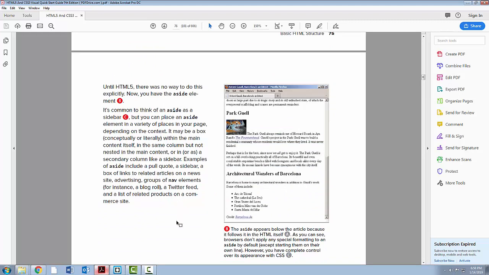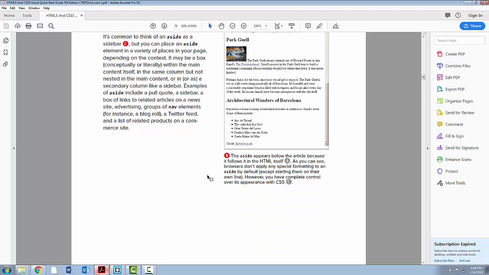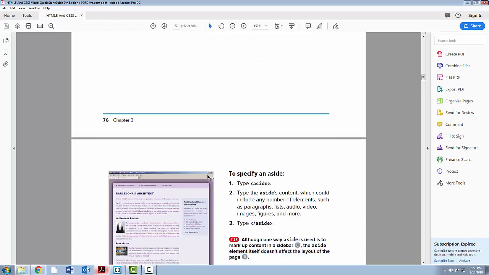It's common to think of the aside as a sidebar, but you can place an aside element in a lot of different places. It doesn't have to just be a sidebar. It may be a box within the main content itself. It could be styled any which way. A lot of times you do see it as a sidebar, but without CSS, it's just another container. But we will get to that later on when we do